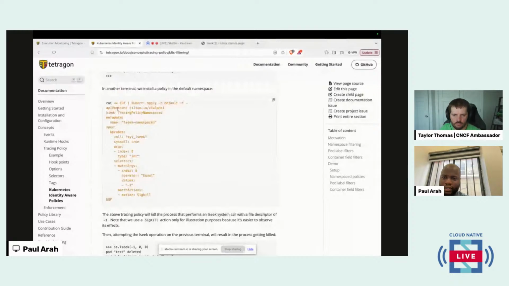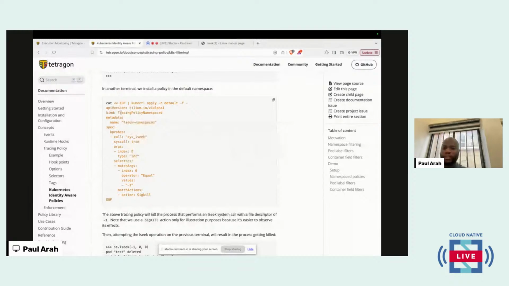All right, so if you look at this tracing policy and you look at the kind, you would see that the kind of the CRD is actually tracing policy namespace. All right, so we're going to take this and just apply it in a